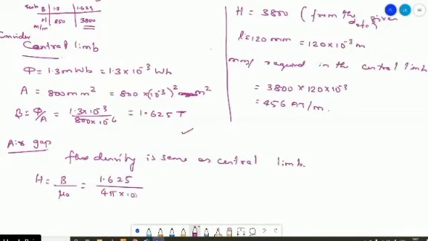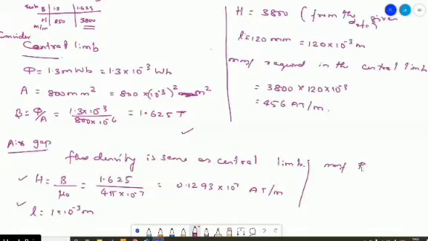Mu naught is 4 pi into 10 to the power minus 7. So that is 0.1293 into 10 to the power 7 ampere turns per meter. As usual, the procedure is getting repeated. I am finding L, and the required L is already given in the question. The length of the air gap is given to be how much? 1 mm. So it is 1 into 10 to the power minus 3 meter.